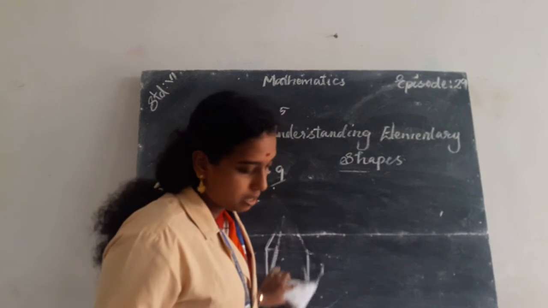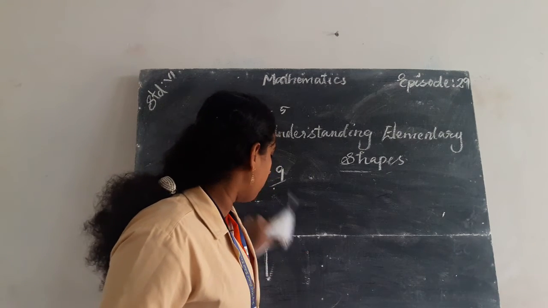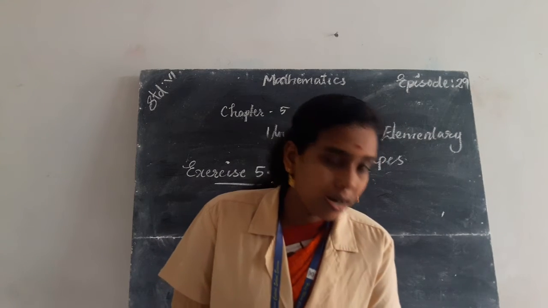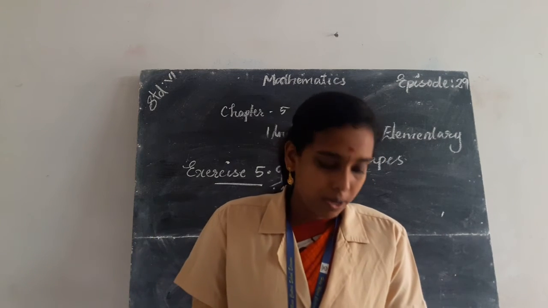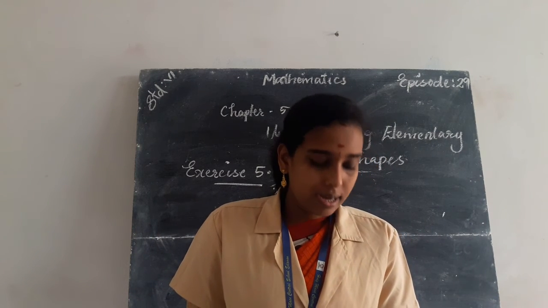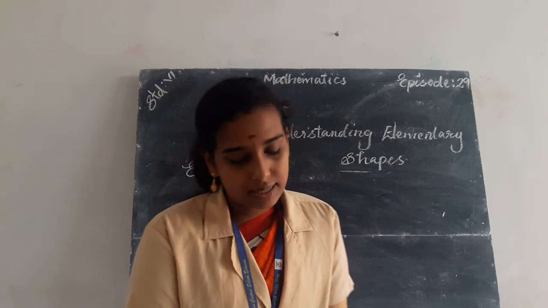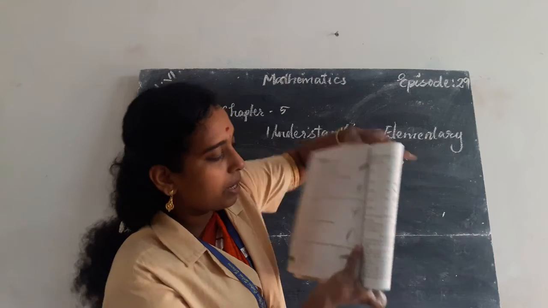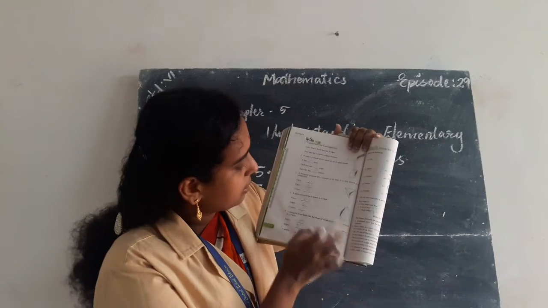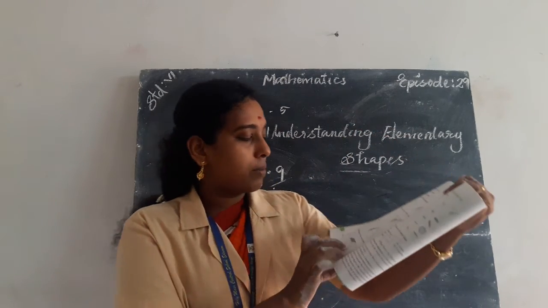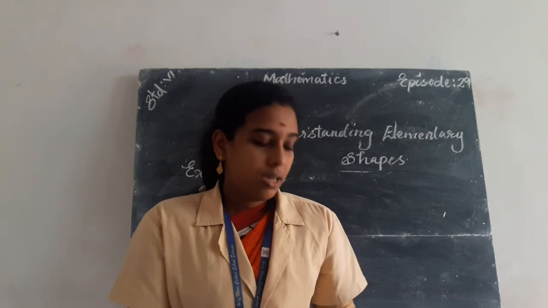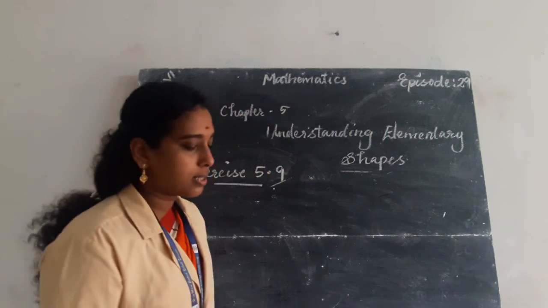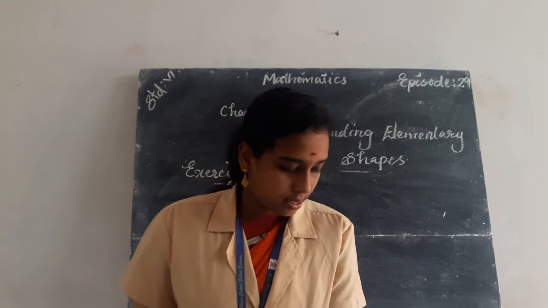A triangular prism looks like the shape of a kaleidoscope. You are also familiar with a kaleidoscope, and it is a shape like a triangular prism, with a triangle as its base. In your textbook, the picture is given. In a square pyramid, a square is its base, and in a triangular prism, a triangle is its base. And it has 5 faces, 9 edges and 6 corners.